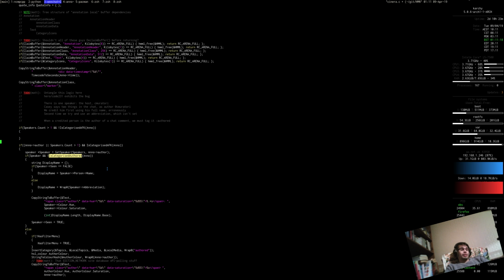If there's more than one speaker, this particular annotation is not categorized AFK. Just forget about the AFK for a bit. If it's authored, we just need to get the speaker, don't we? Right? Correct me if I'm wrong, but I think that's all we need to do. We need to say